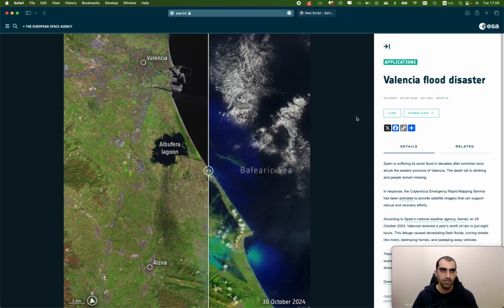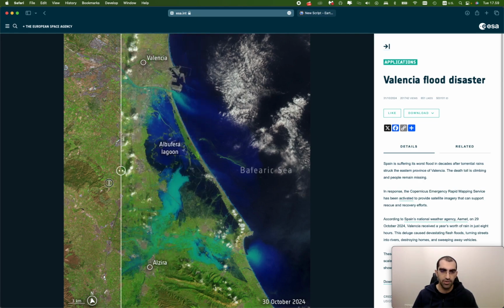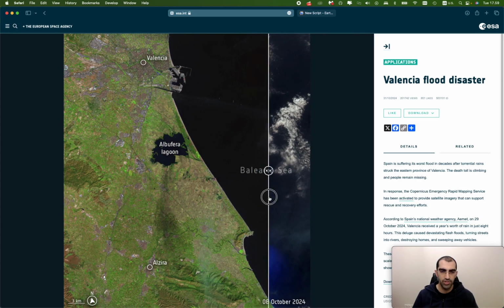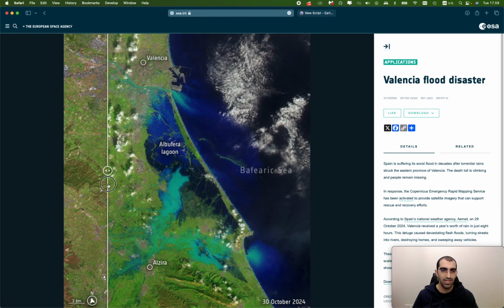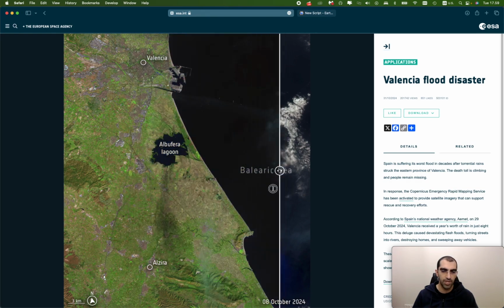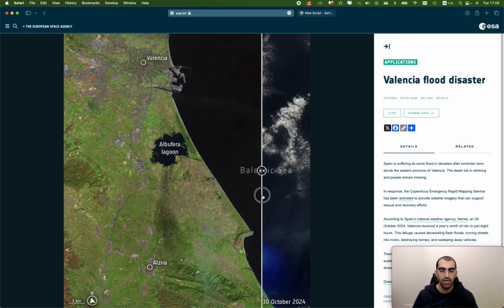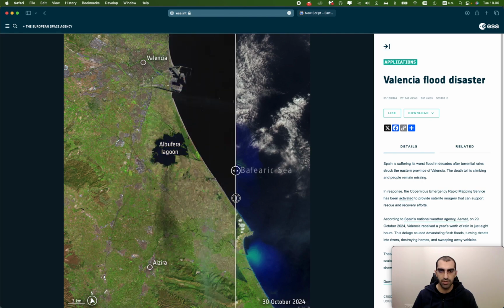As you can see, there is a post here. You can see an image created by the European Space Agency about the Valencia flood disaster. Here you can easily compare the images before the flood event and after the flood event using Landsat 8 data. This is the flooded area, and you can compare the after and before situation in this area. So now in this tutorial, I'm going to show you how you can compare before and after the event using Google